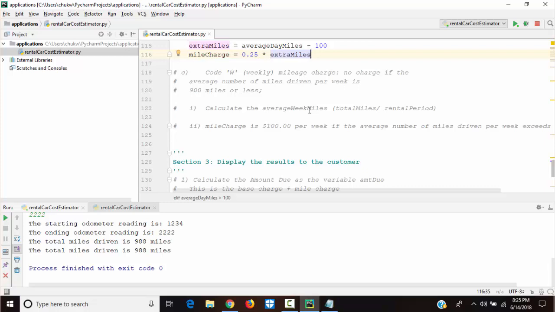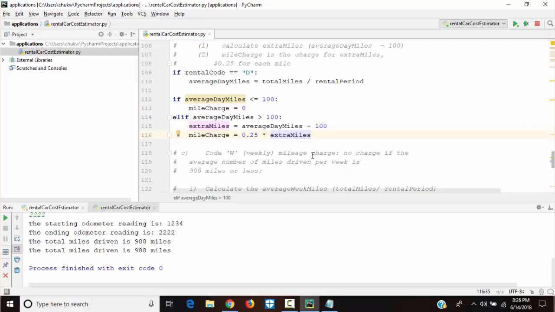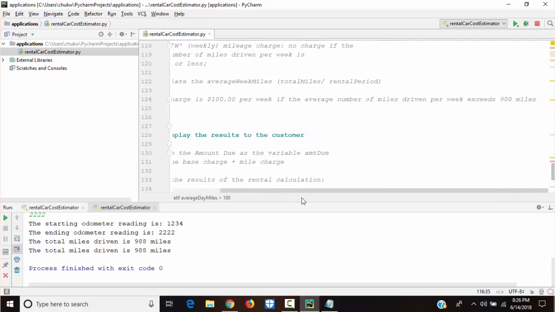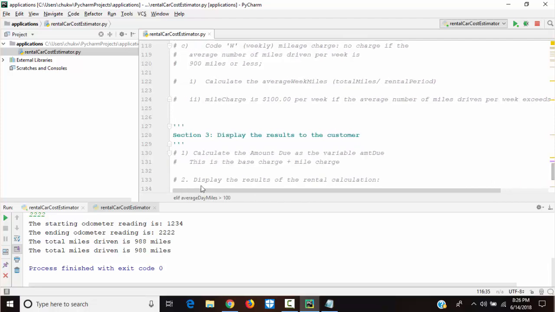Code W, weekly mileage charge. No charge if the average number of miles driven per week is 900 miles or less. Now we want to calculate the average week miles, which is the total miles divided by the rental period. And then the mileCharge is $100 per week if the average number of miles driven per week exceeds 900 miles.